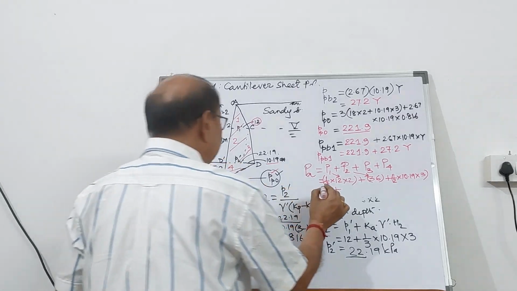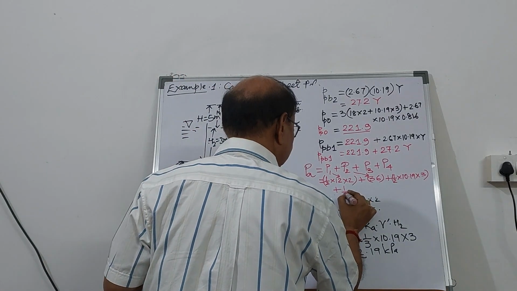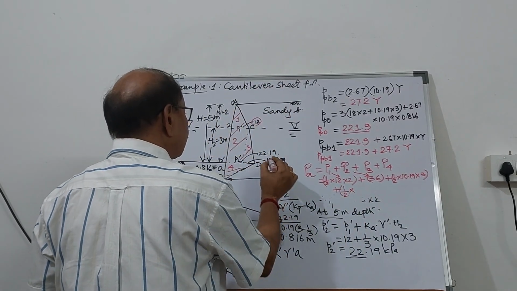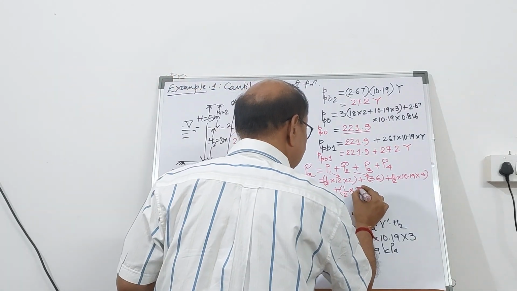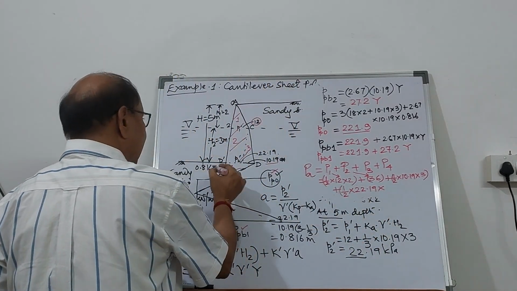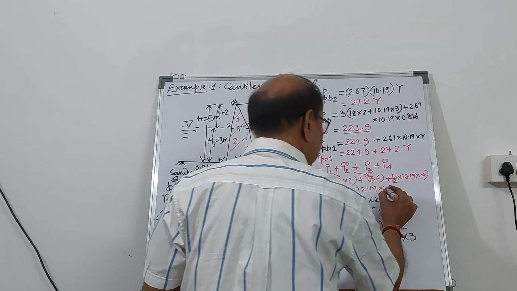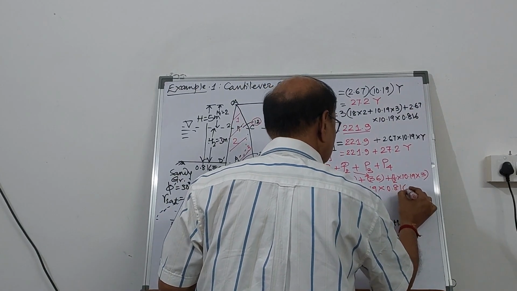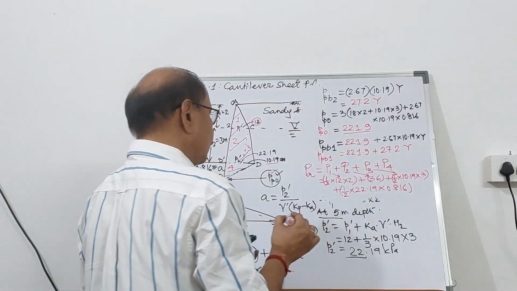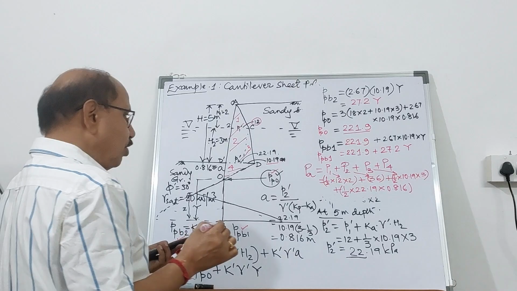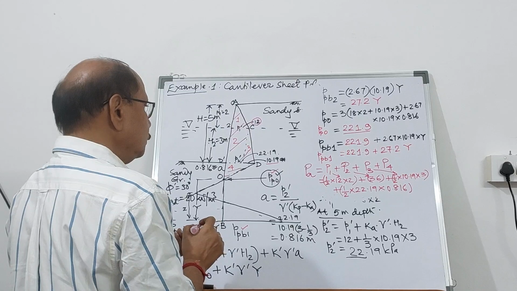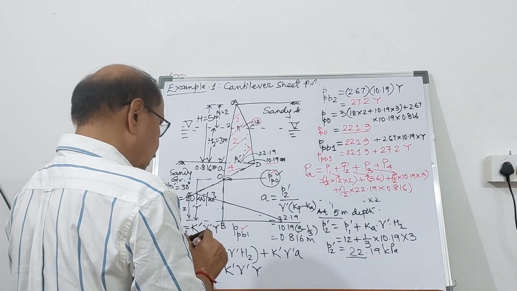And this is the fourth area. This is going to be 22.19 multiplied by height is 0.816. And this is peak 4. So the magnitude of PA can be easily calculated. So if you calculate,